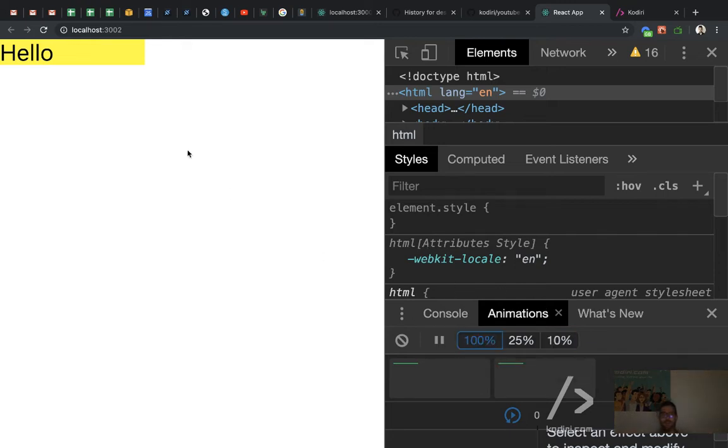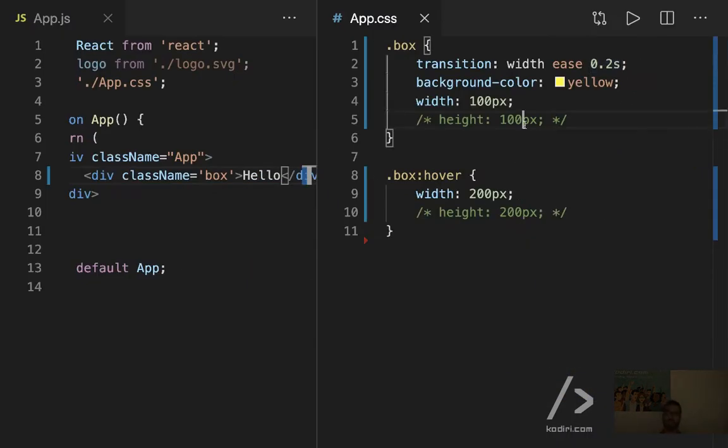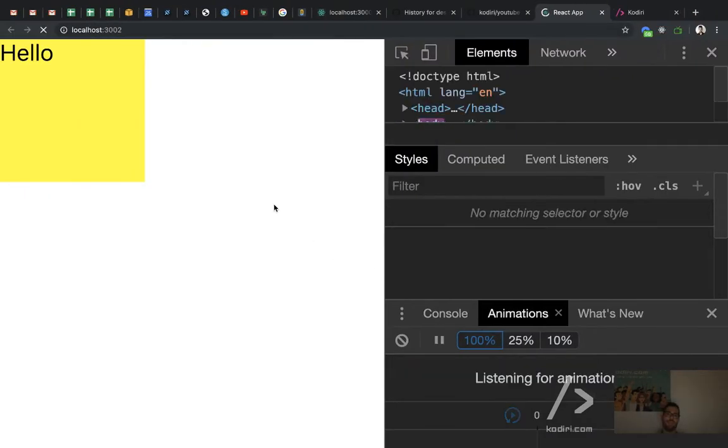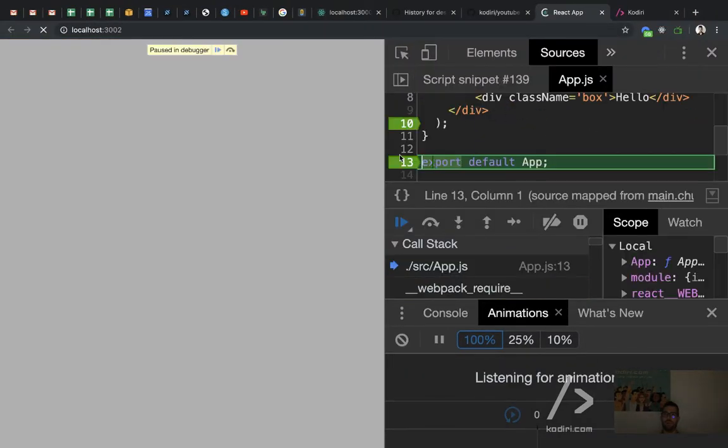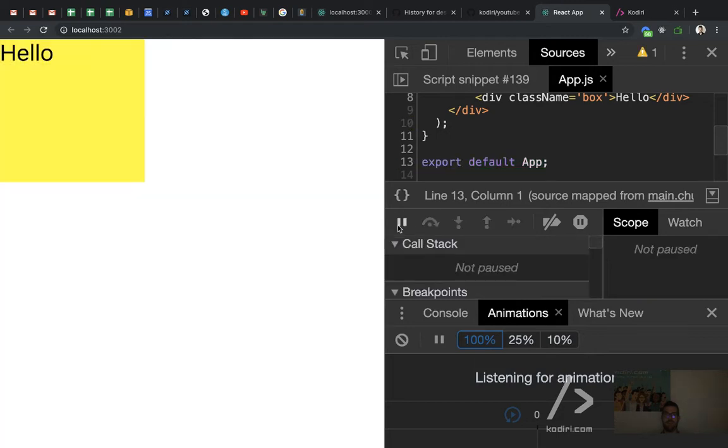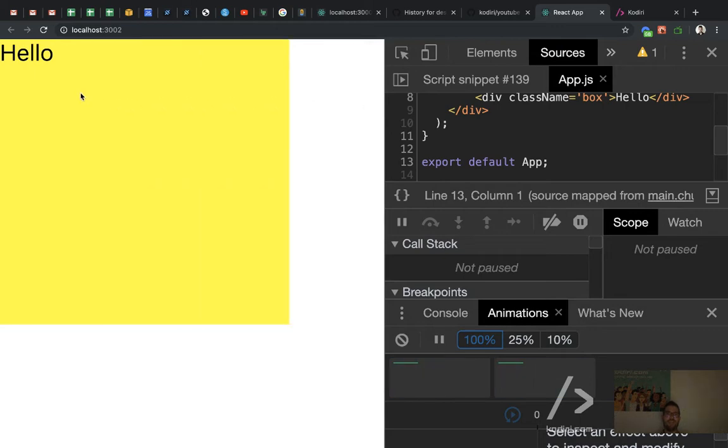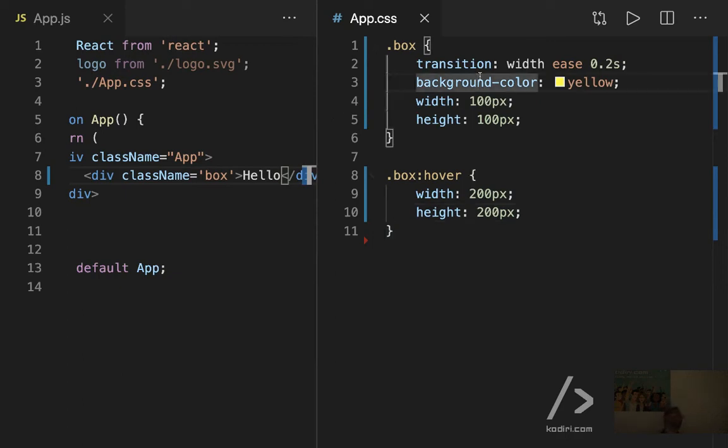All right, cool. So that's the way you deal with transitions. Let's talk about the height. Do you think that just by enabling a default height and a hover height, the height will be animated as well? Yes or no? No. Look. Oh, what's going on? All right. Thank you, breakpoints, for nothing. All right. Oh, you see? The width is animated, but the height is definitely not animated. Right? Technically speaking,